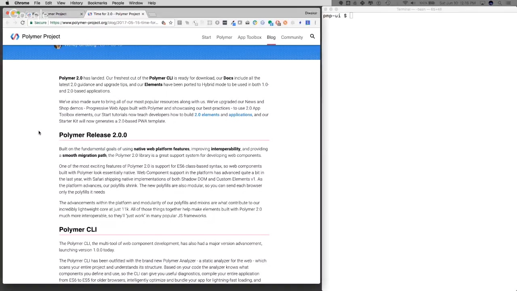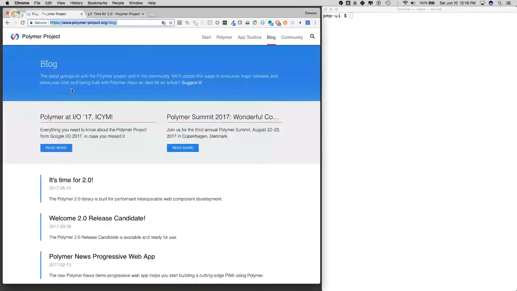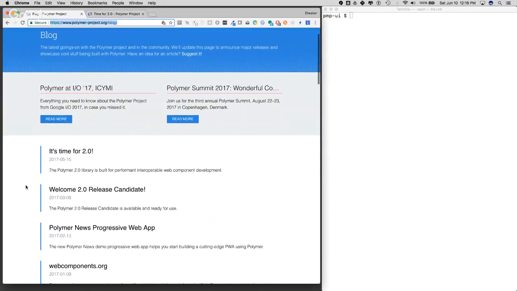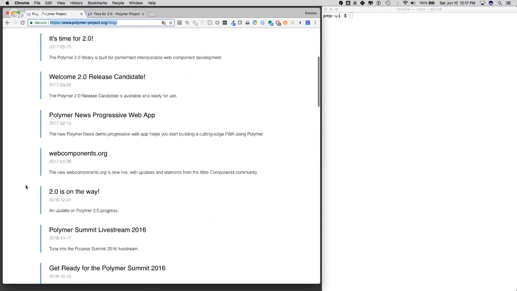Today I'm going to do a walkthrough. I went to the Polymer project blog, and in the Polymer project blog, Polymer moved to version 2.0, and version 2.0 supports the web components v1 spec. So I need to convert one of my apps to